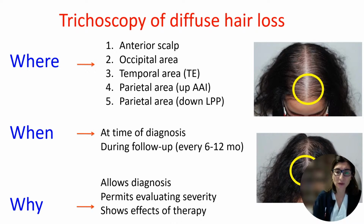On the other side, don't forget to look at the temporal region, especially to look at the signs of telogen effluvium, and the parietal zone. The upper side is better to recognize alopecia areata incognita, and the lower parts for lichen planopilaris. It is absolutely important for the diagnosis, but you can also follow the patient in a very certain way. So don't forget it, because it's possible to show the patient the effect of the